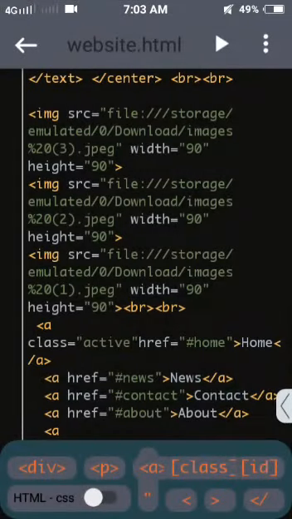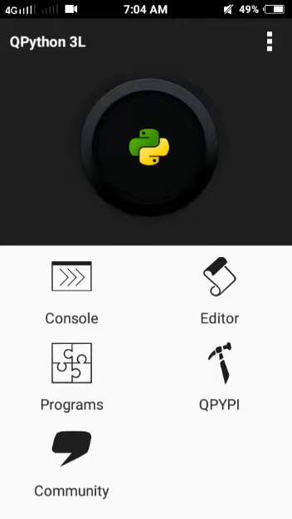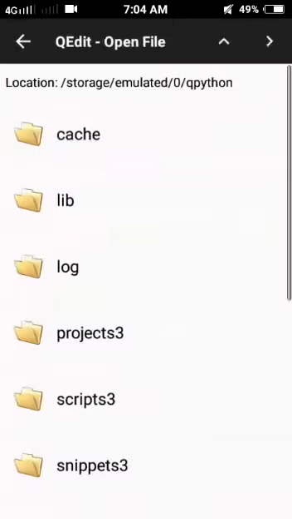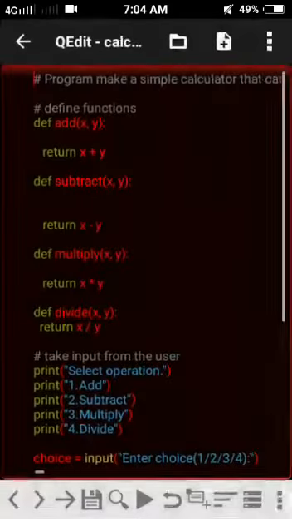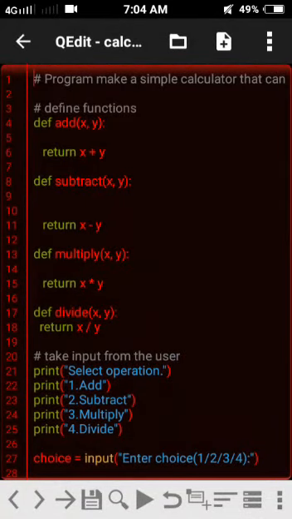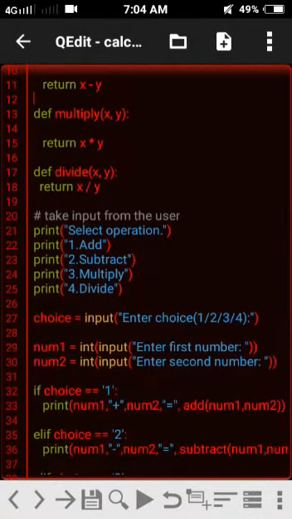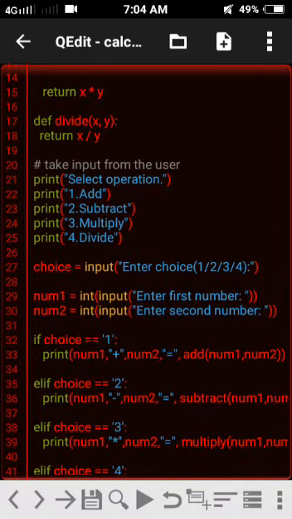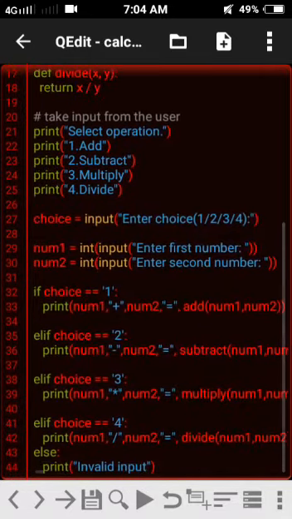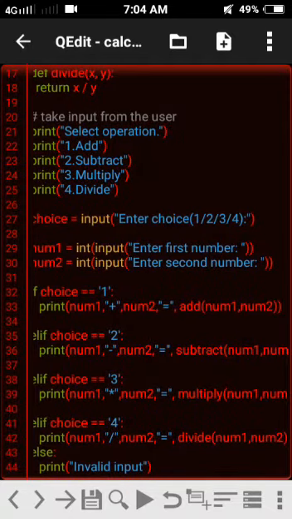Now we will see a calculator based on Python language. So let's see that also. Okay, this is our code. Here int input is used to take value from the user, and these are the four choices we will print, and this is the if else command. So let's run it also.